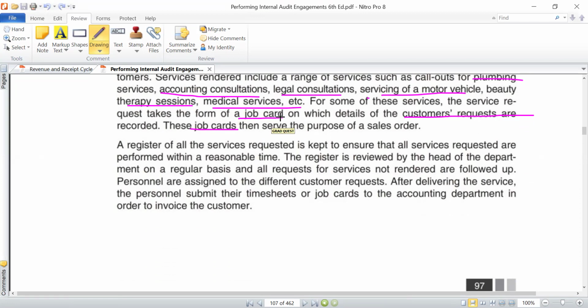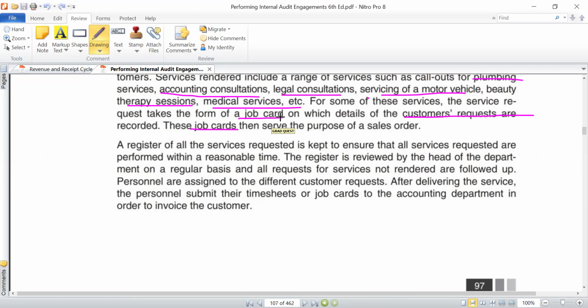But with some, they are also done in real time, like they'll just complete them on the online platform or online system of the organization after it has been done. So it will be completed online to say we were at the customer premises from this time to that time. So it will just be captured on the